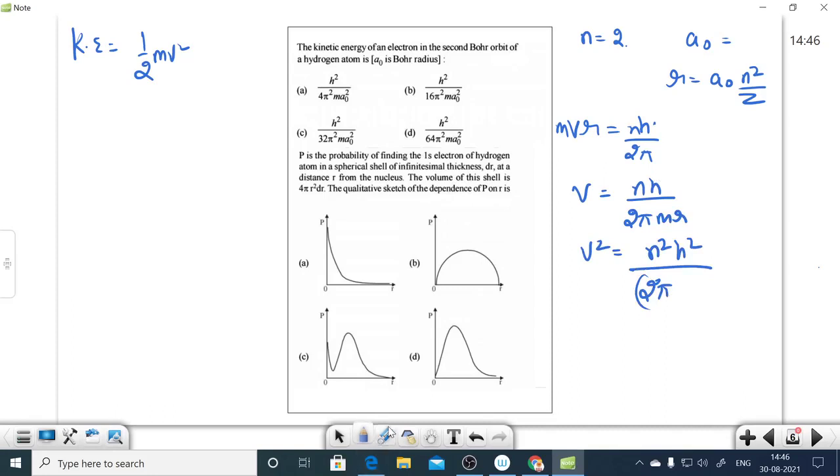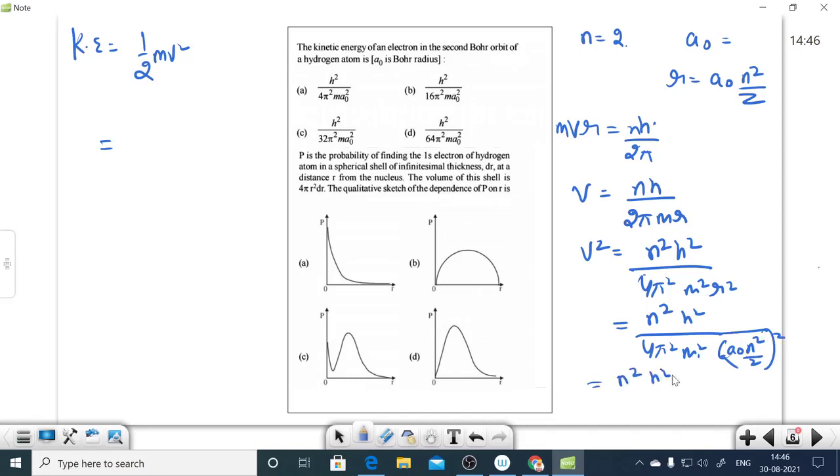Okay, so let's solve this also. 4 pi square m square r square. Now put this velocity here, or else you can replace r with a naught n square by z. So n square h square upon 4 pi square m square a naught n square by z whole square. So it comes out to be n square h square 4 pi square, and then m square 4 pi square m square a naught square